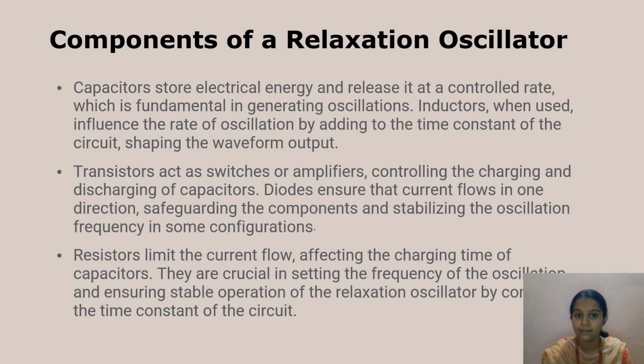The transistor acts as a switch or amplifier controlling the charging and discharging of the capacitor. Why we need a transistor is that when the capacitor reaches its highest threshold voltage, the transistor acts as a switch, so it can turn off and on based on the charging and discharging of the capacitors. And diodes ensure that current flows in only one direction, safeguarding the components and stabilizing the oscillation frequency